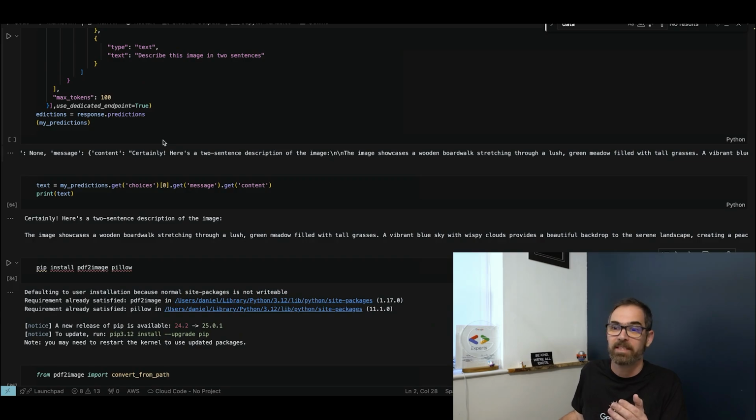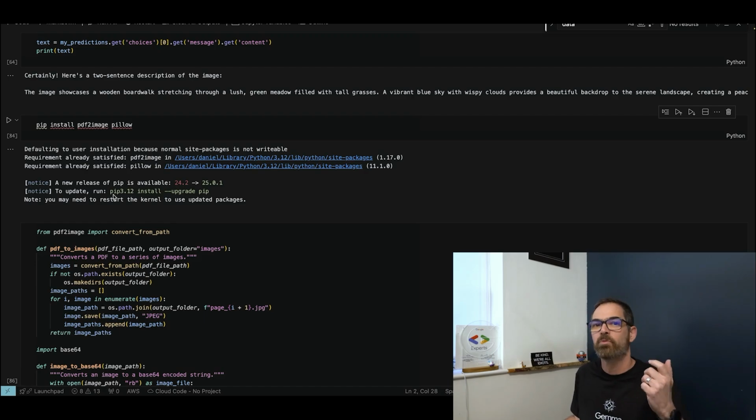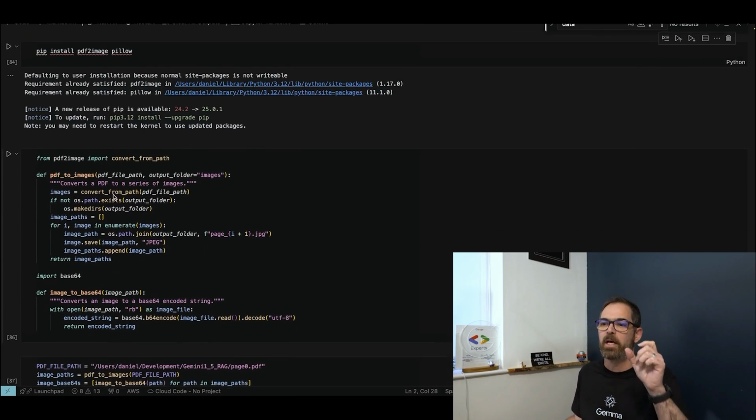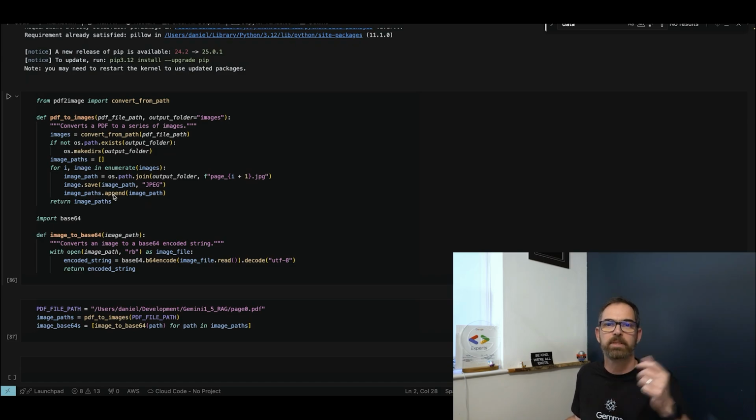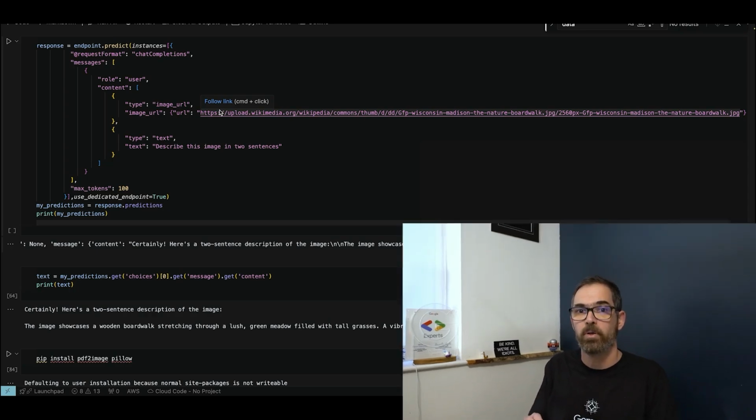So once I understood that, I said, okay, no problem. Let me just find a library that converts PDF to images, and I can then just send the image. I will store it on Google Storage, of course, and then I will give the model the URL, and that will be done, right? Great. At that point,